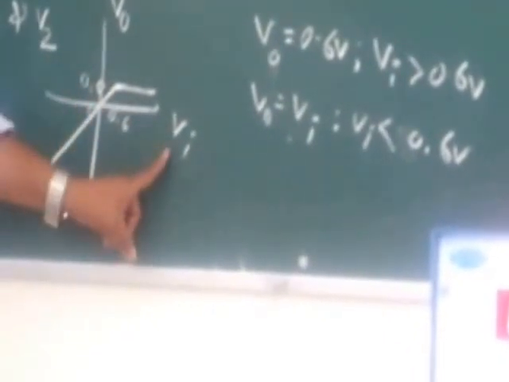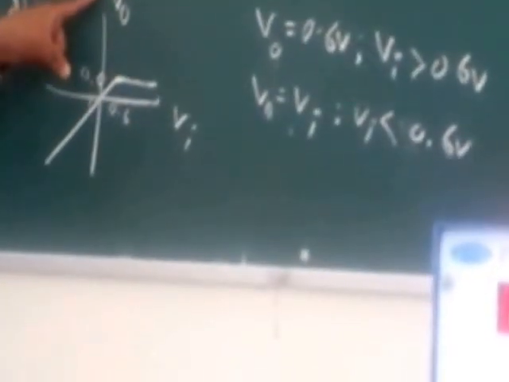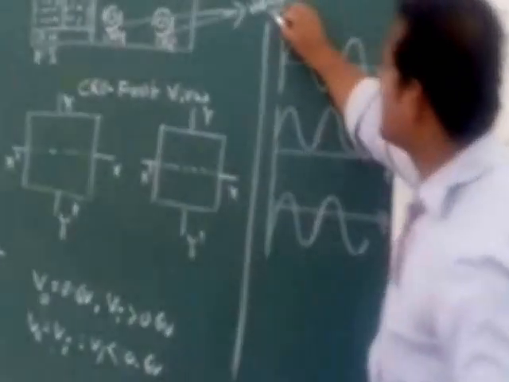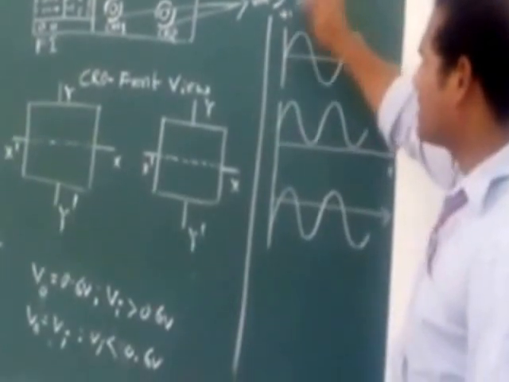That may be a clipper or something else, that is not required for us. But how to get the characteristics by using a CRO, we have to learn. This is nothing but transfer characteristics because the input is on the x-axis and the output is on the y-axis. In general, by using a CRO we measure voltage signal values. That means the voltage signal is changing with respect to time. Whether it is the Vi signal or V0 signal, one voltage signal is changing with respect to time.